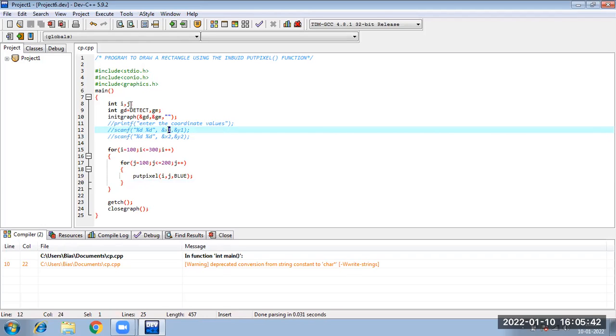So the same concepts you can execute using inbuilt functions, you can execute using different functions, like we are drawing a rectangle using the concept of line. We are drawing a rectangle using the concept of putpixel and for loops. We are drawing a rectangle directly using the rectangle function. So like this, a lot of activities can be done. Okay.